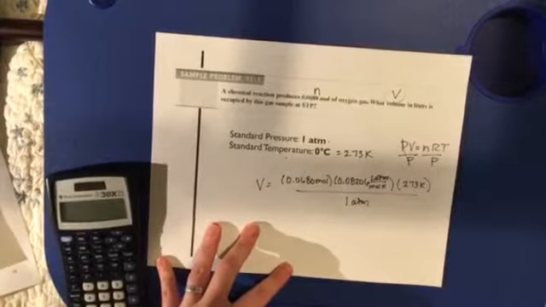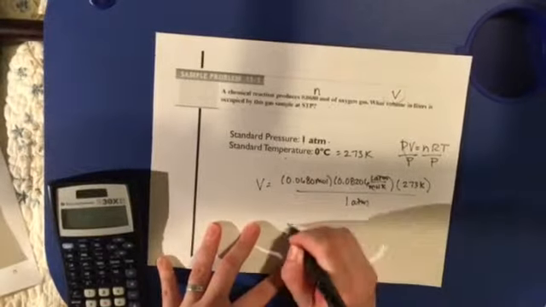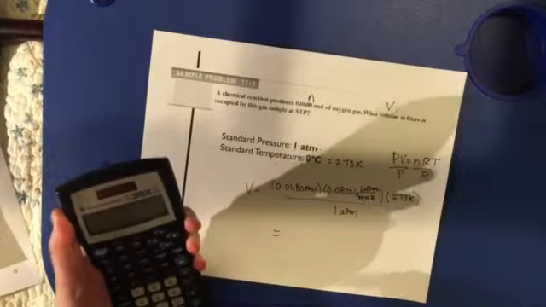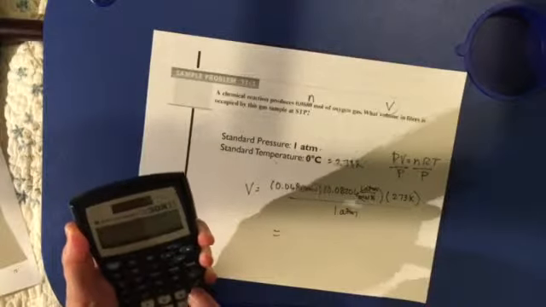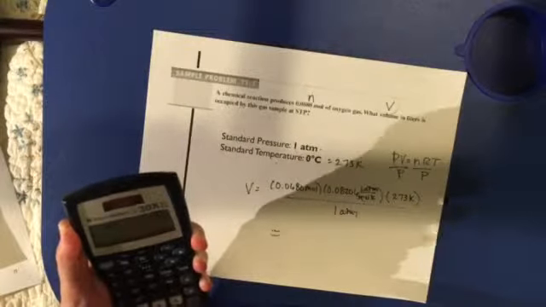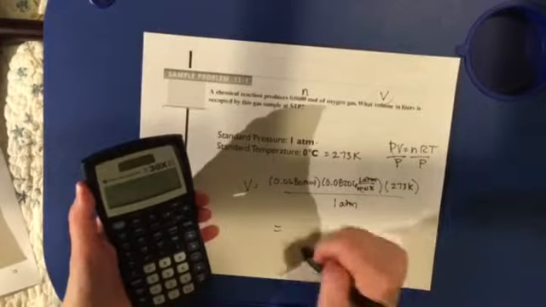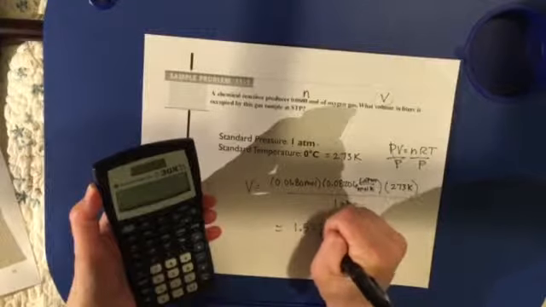So atmospheres cancels, Kelvin cancels, moles cancels, and then we get 0.0680 times 0.08206 times 273 divided by 1, which won't change anything, and so I get 1.523